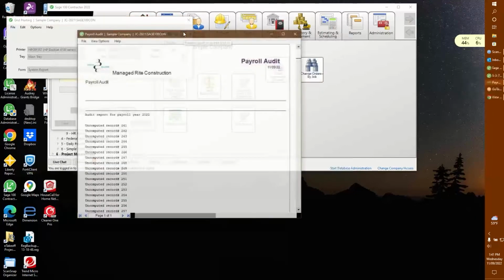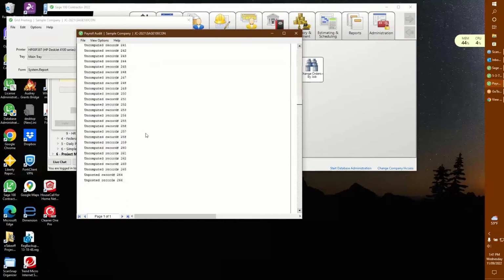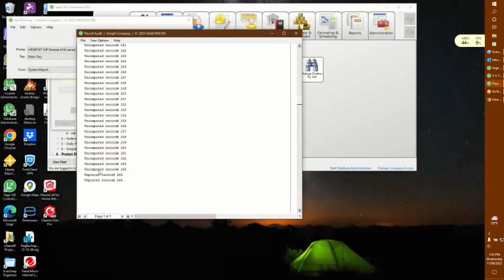Let's look at this audit report, and we'll print that out to the screen so you can see it. It just says which records are uncomputed. But basically, we have a payroll in here that has not been processed yet. For clarity's sake, process the last payroll, print the checks, and do what's necessary, and hopefully all these errors go away. So we're going to do an audit, probably early to mid-December. And then you certainly want to do that before you close, just in case there's stuff out here.